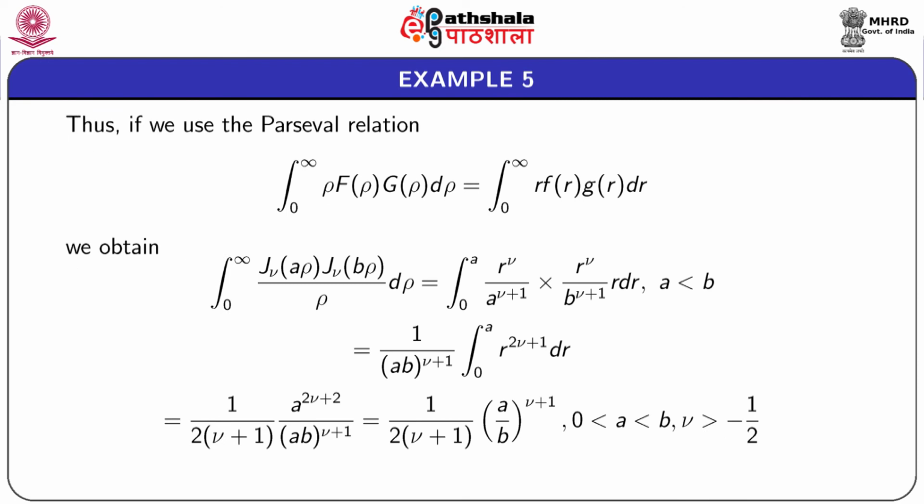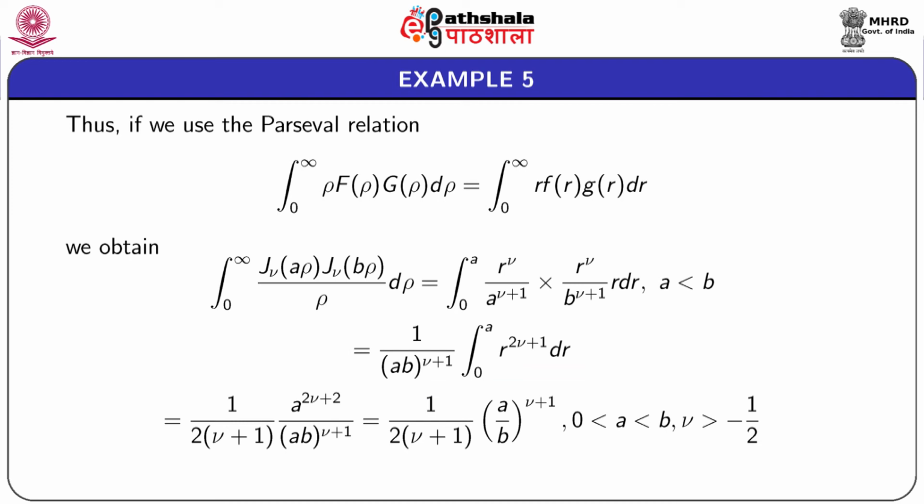So, the right hand side integral is the integral from 0 to a of r to the power nu, a to the power nu plus 1, into r to the power nu, b to the power nu plus 1, r dr, for a less than b, and that is equal to 1 by a b to the power nu plus 1 into the integral from 0 to a of r to the power twice nu plus 1 dr,